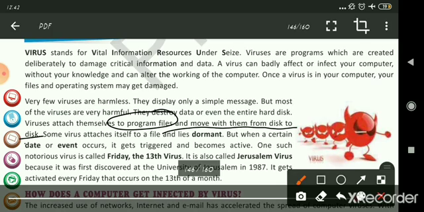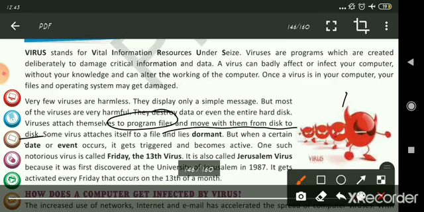For example, you have a file in local disk C and there is a virus in that file. Again you copy that file to D, then to a pen drive, and then to a CD. So it is traveling from one disk to another.